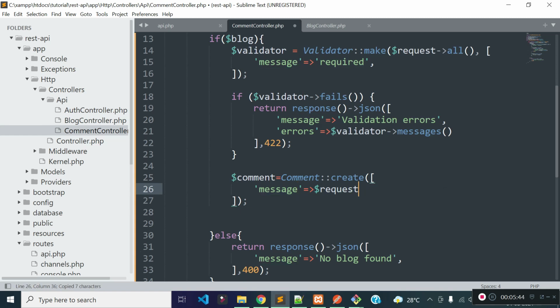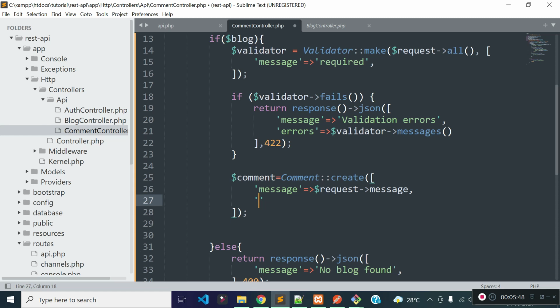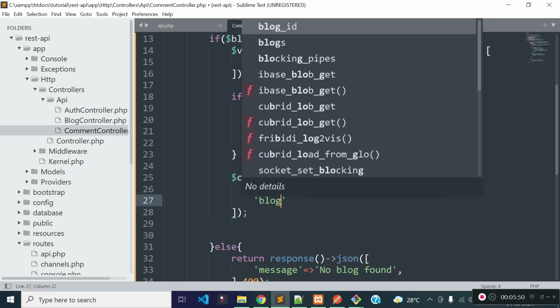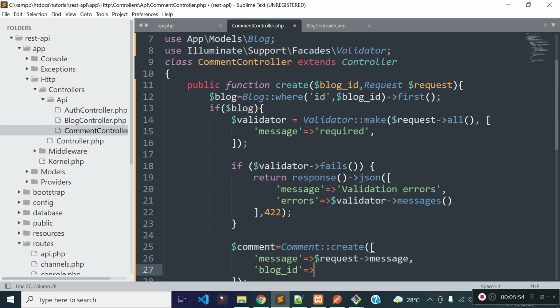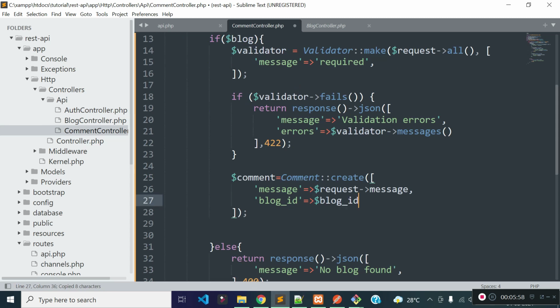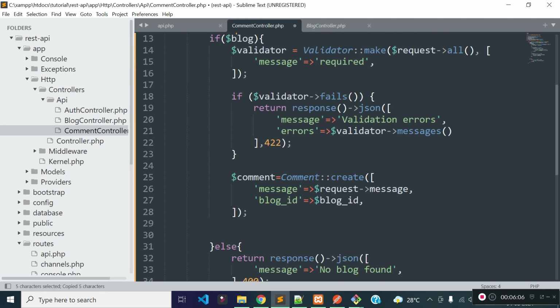Okay, whatever message the user passes during comment addition, we'll store it, along with the blog ID. This will be the blog ID which is present inside our out parameter, or we can simply take the blog ID from this blog object.